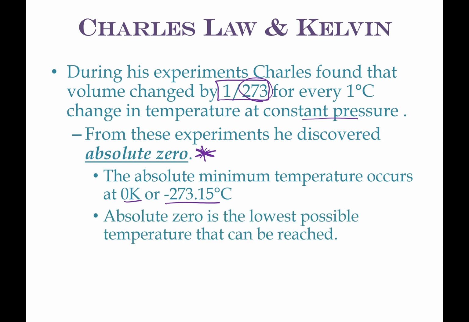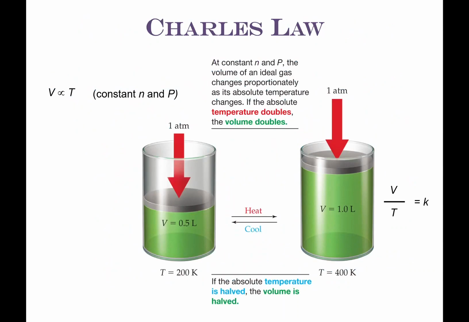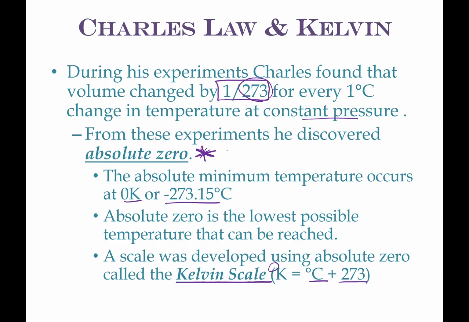Absolute zero is, in theory, the lowest possible temperature that can ever be reached. As the particles are moving, they become slower and slower as temperature decreases, and eventually the particle motion will stop at 0 Kelvin. So he developed a scale known as the Kelvin scale. Notice there is no degrees here, it's just called Kelvin. Degrees Celsius plus 273, or 273.15, gives us a Kelvin temperature. Absolute zero is in theory. It's never been reached. It's come very, very close in a lab, tenths of a degree away, but never been reached yet.